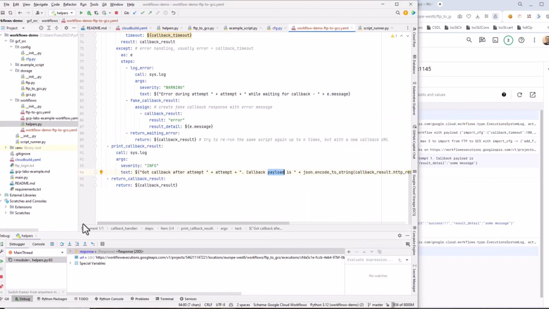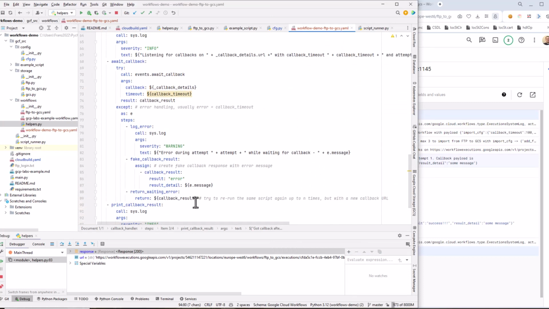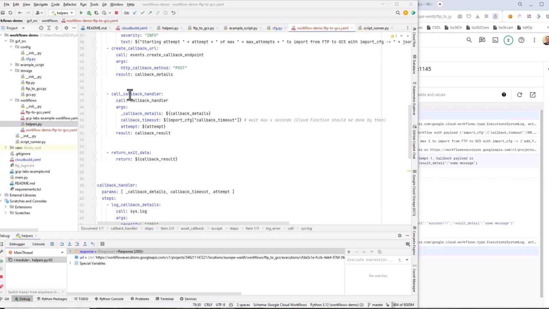Okay, so this is a very primitive callback handling for now. We're not doing anything with the callback. And of course, we're not actually running the cloud function yet. This is going to be the last step, or one of the later steps, because we're now going to experiment a little bit with callback result handling and retry logic. So remember, we got the callback result here,